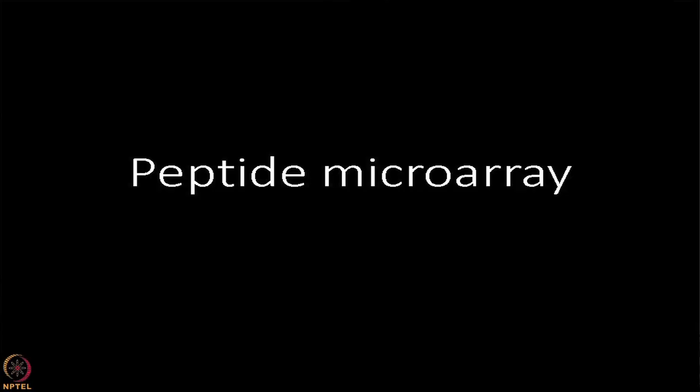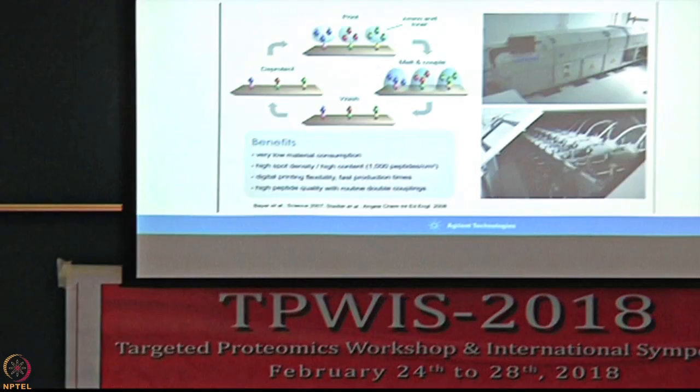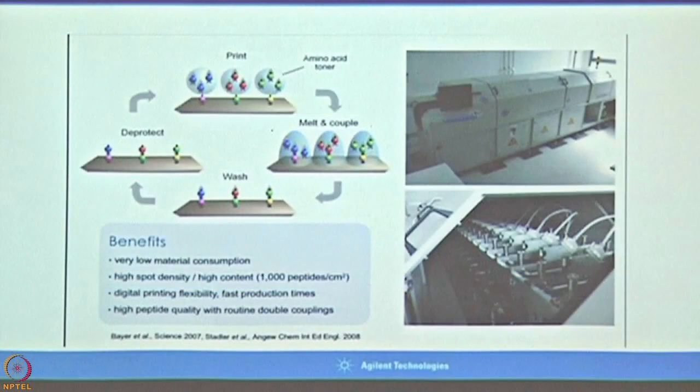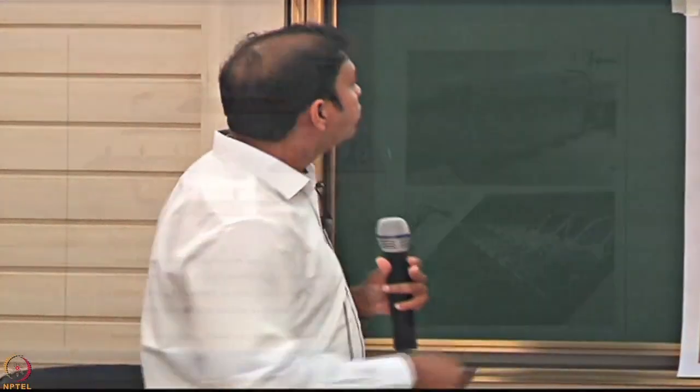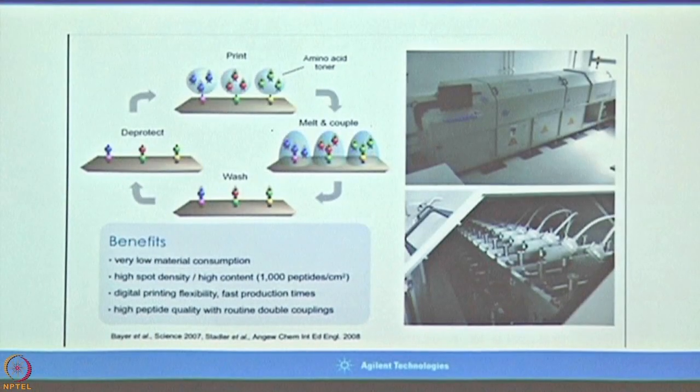Now we are talking about the peptide microarray. How we make the peptide arrays. So this has 24 different nodules, because 20 amino acids are there, so we have 24 nodules, 20 amino acids plus 4 to deprotect basically. So how we do? We directly synthesize these peptides on a slide. So this is 20 nodules. So basically, an amino acid is added, synthesized on the top and deprotected.